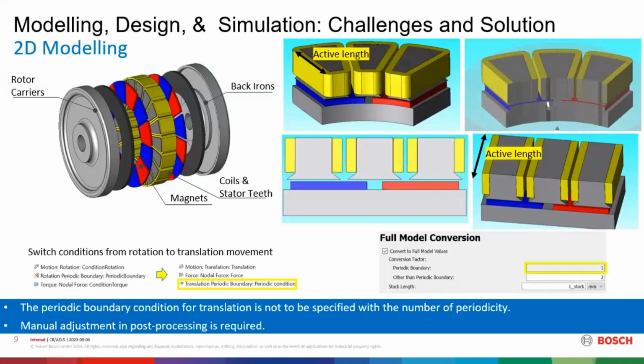JMAG actually offers you a bunch of application notes and tutorials on their website. Just like a radial flux machine, you can shrink the model size down by applying various symmetry conditions. Here you see a reduced model from me. I applied one time the natural boundary and 6 times the rotational periodic boundary